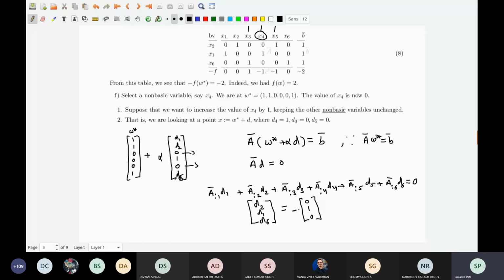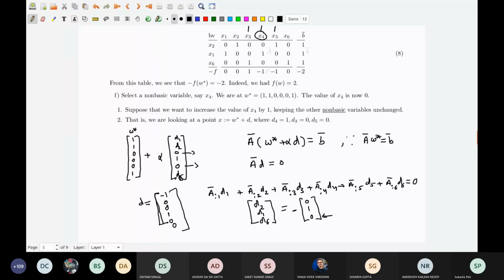So if you really want to travel, then this is unique. Actually, then this vector D is what? Now D1 is minus 1, and then D2 is 0. D3 is 0 by choice. D4 is 1 by choice. D5 is 0 and D6 is obtained from here itself. That is 0. That is the direction this is giving.